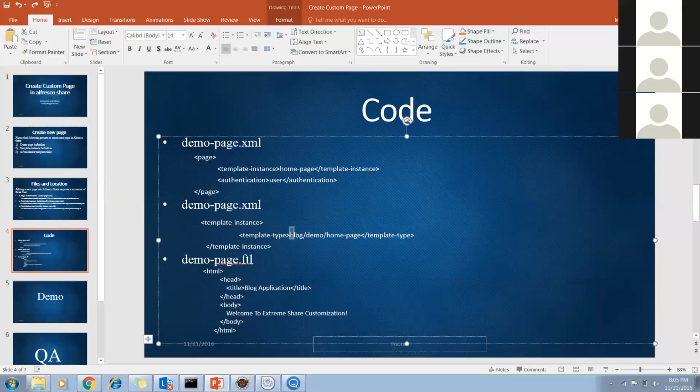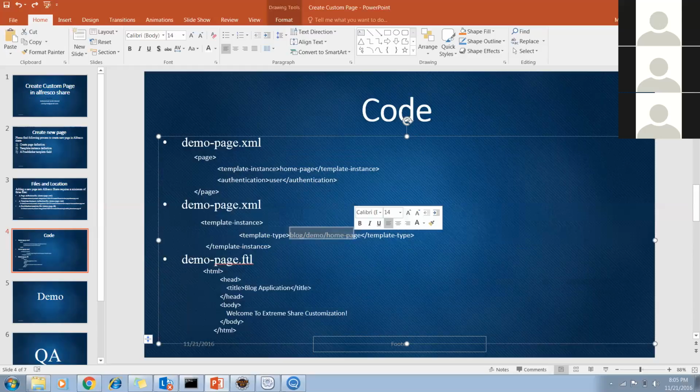So inside the template folder, what is the location of your file? I will say that in the document block folder there is a demo, and in the demo this is the file. No need to use the extension because we know it is always going to be an FTL file. And in the demo.page.ftl, they have done nothing, just written a simple HTML page that would be displayed when I call this URL.